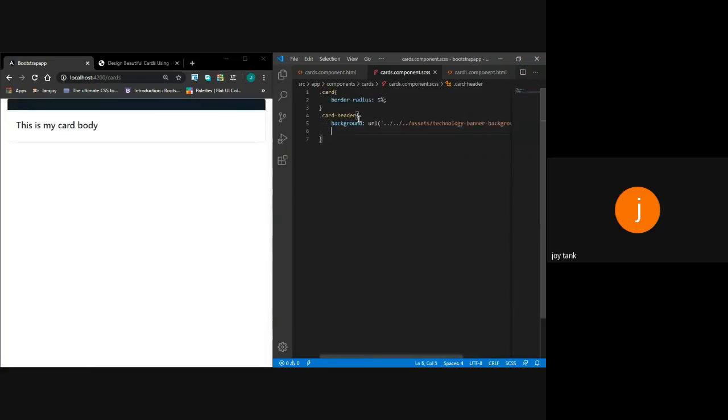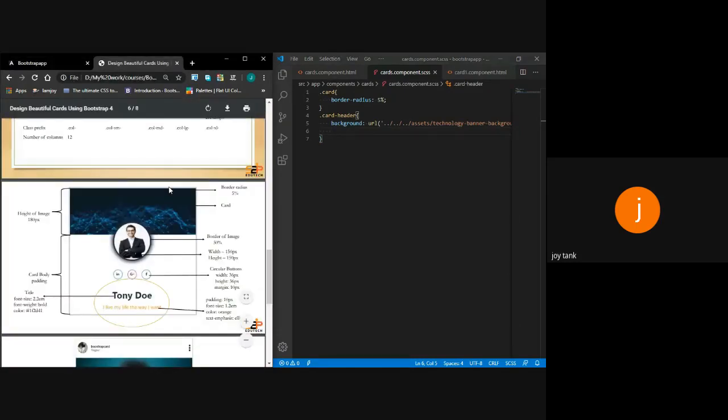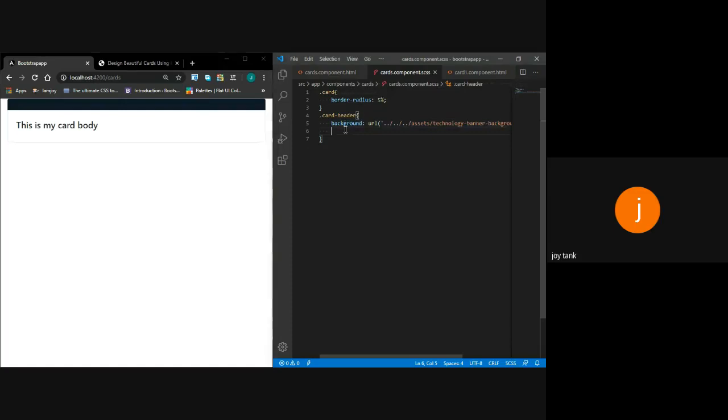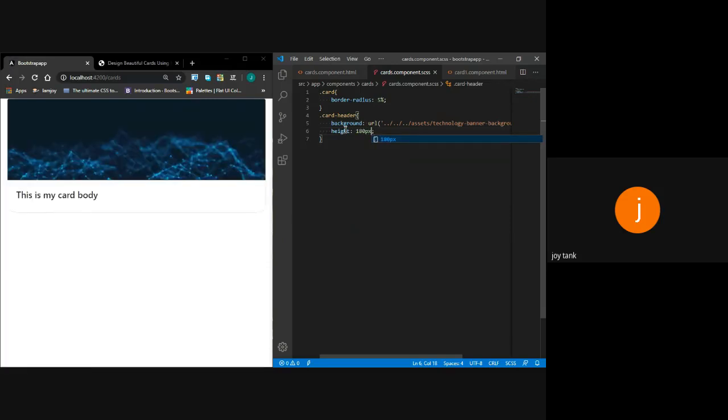You can see that the image appeared within this card header, but it's not looking as good. So we'll set a height of 180 px. We have set a height of 180 px and we have set the card header with an image.